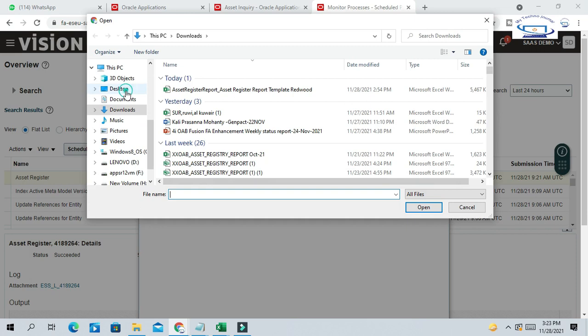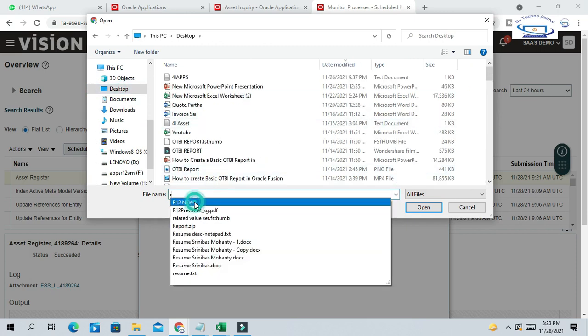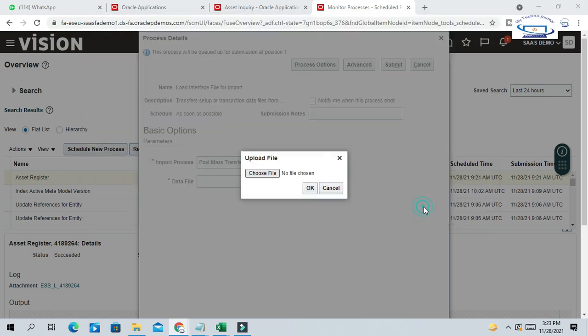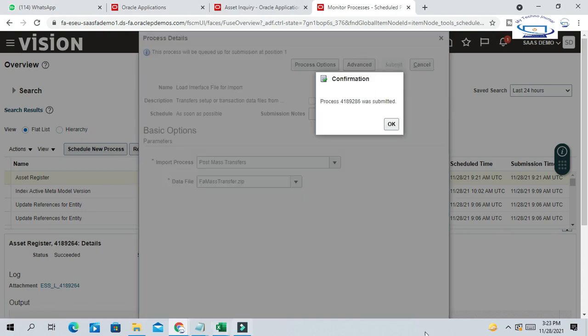So where is it? It is the mass transfer zip file. Submit.